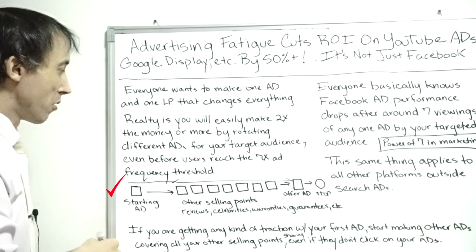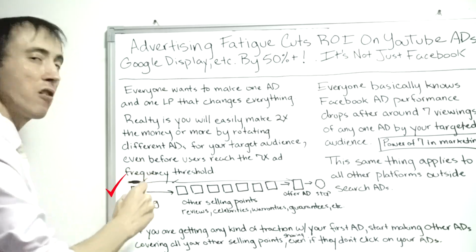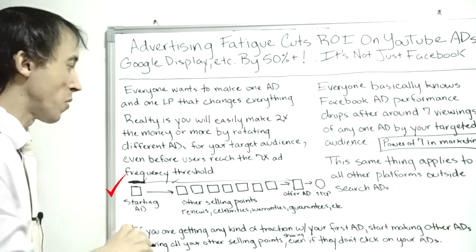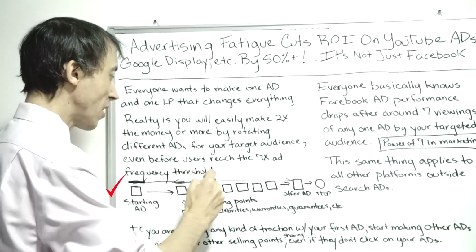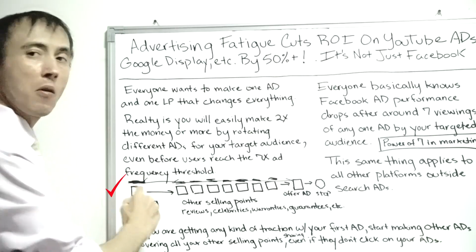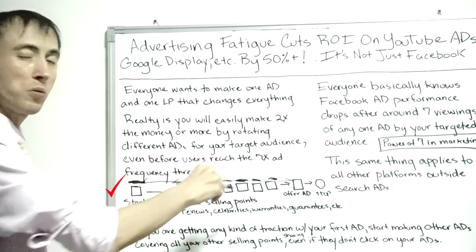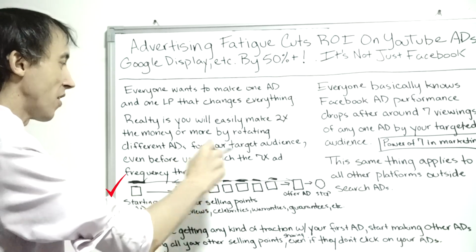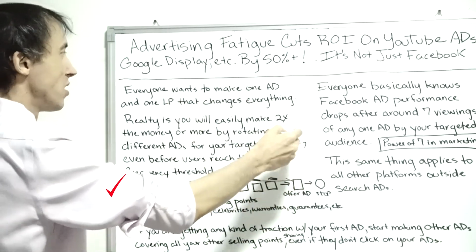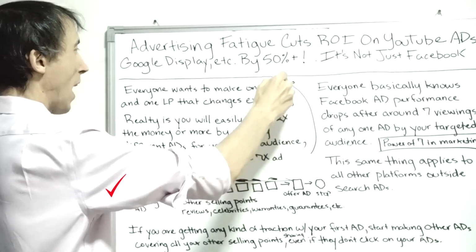And so, like I said, though, the main point of all this is the individual ad, no matter how good it is, you're not going to make near as much money than if you would have had these other 7 ads that run and serve a purpose of supporting what you're initially selling to the user on this ad here. You're going to make 2 to 3 times as much money having these other ads. And that is where, what I was saying before, everybody wants to get rich off of one ad.